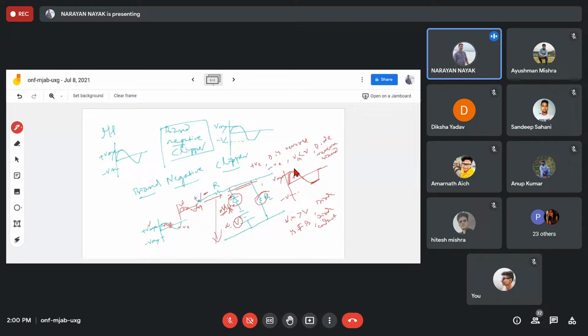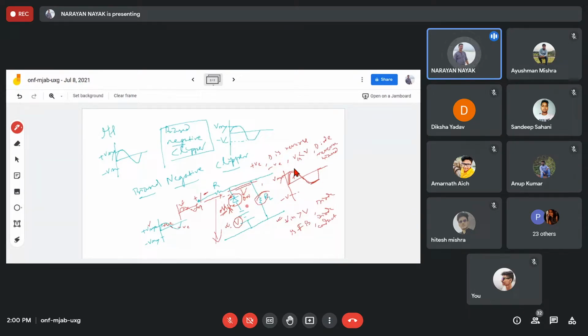So you know that the voltage is increasing here. Now what will happen? The voltage is increasing, and one condition you get is whenever this input voltage is greater than this voltage. Now this condition you got: the input voltage is greater than the battery voltage. So at that time what will happen? The diode is forward biased. Once the diode is forward biased, it will conduct. At that time it will be on, and the current will flow.